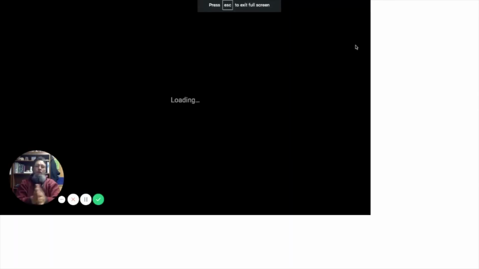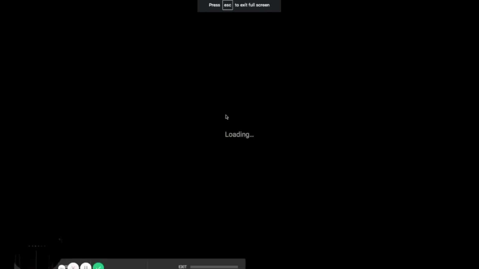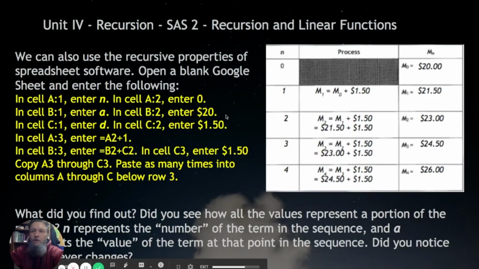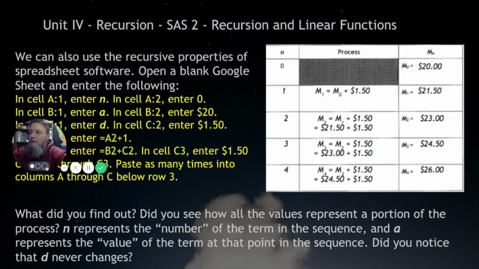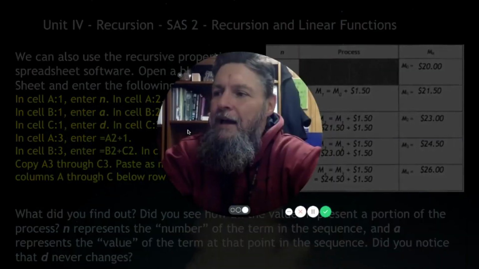All right. So now you get an idea how recursion works. We used the calculator 2 different ways, and we used Google Sheets. So what did you find out from this process? Did you notice that,